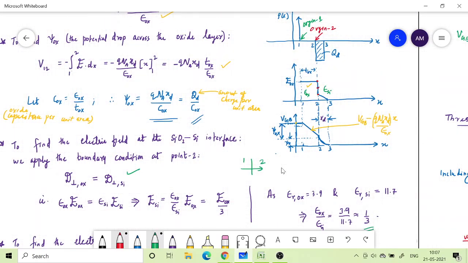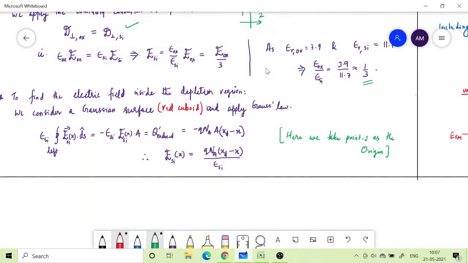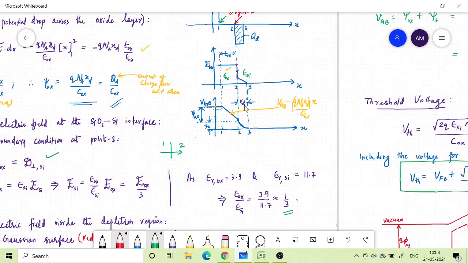So if I plot this, this is a linear function starting from the boundary value that I told you earlier. It linearly decreases because it is a straight line, the equation of the electric field, right? So this is a straight line equation. It is going to reduce with respect to x, and when x is equal to xd, it is going to become 0. So that you can see here.